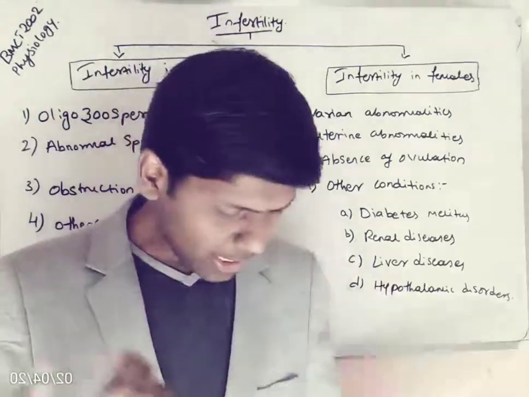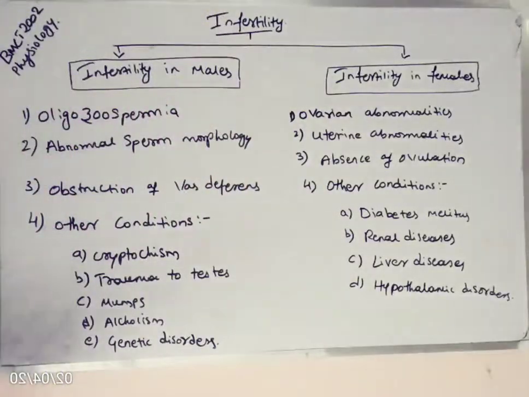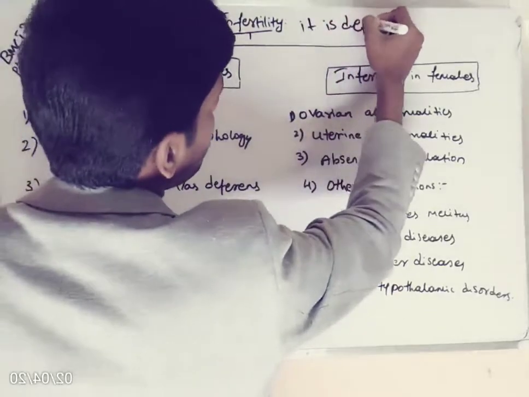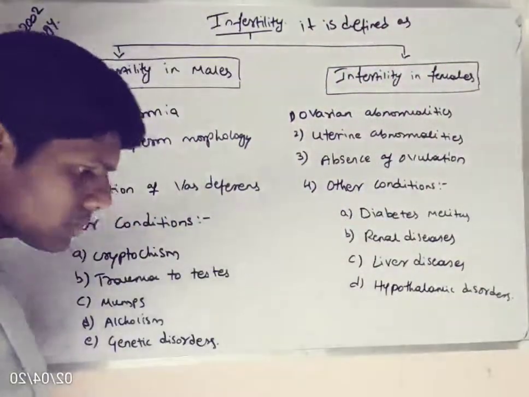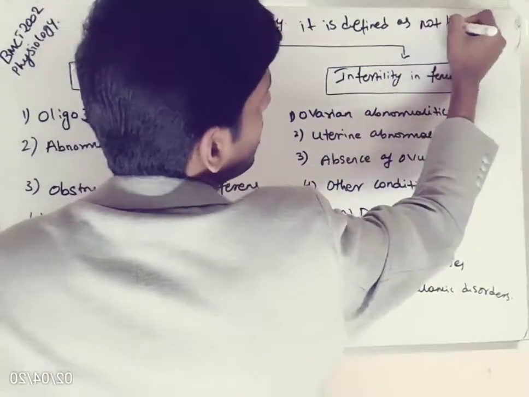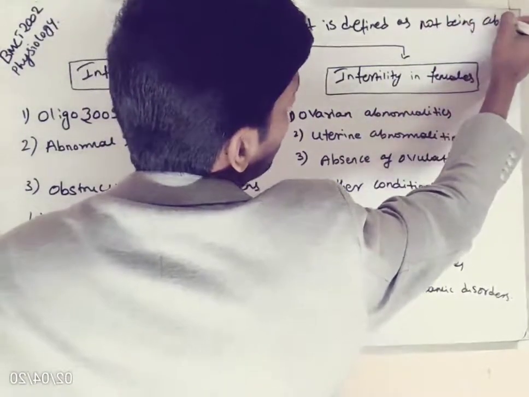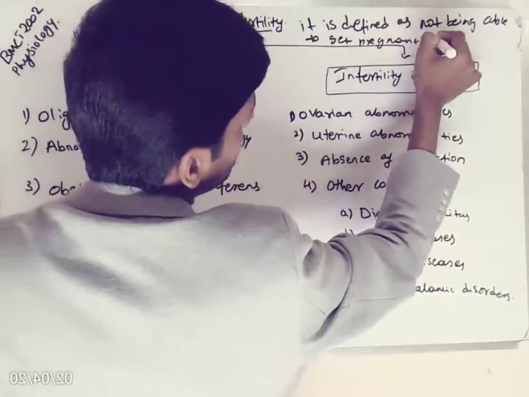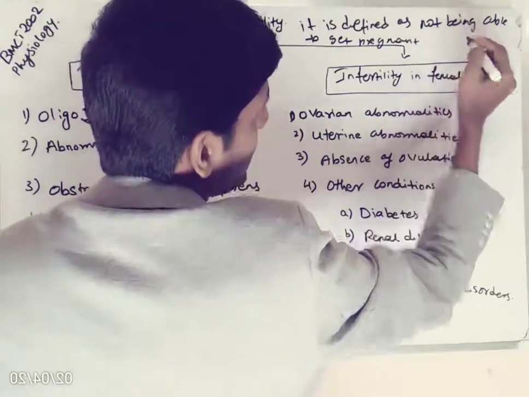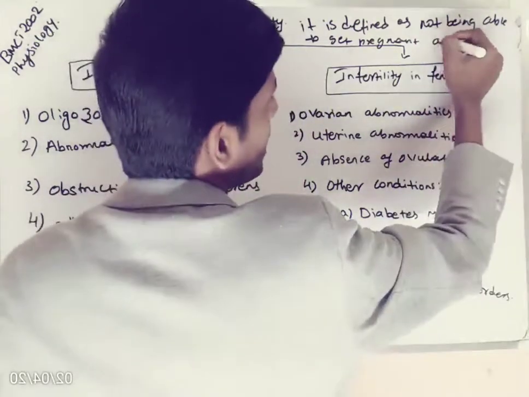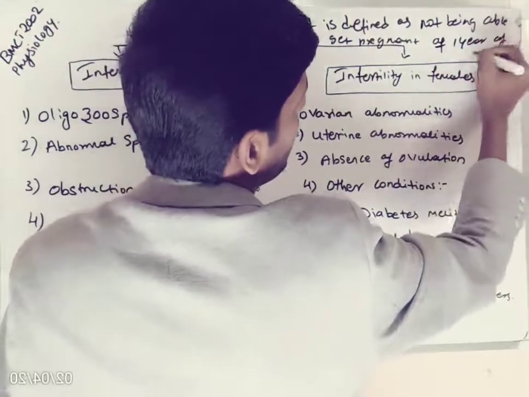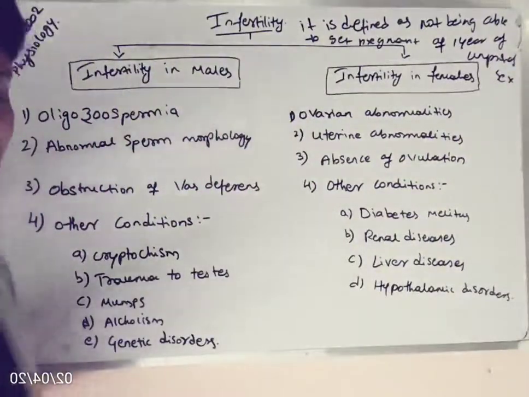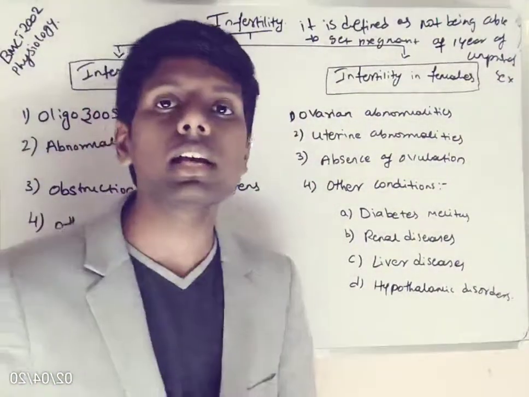Okay, so let me write a brief definition for infertility. Infertility is defined as not being able to get pregnant after 1 year of unprotected sex. After 1 year of unprotected sex, if the woman is unable to get a pregnancy,